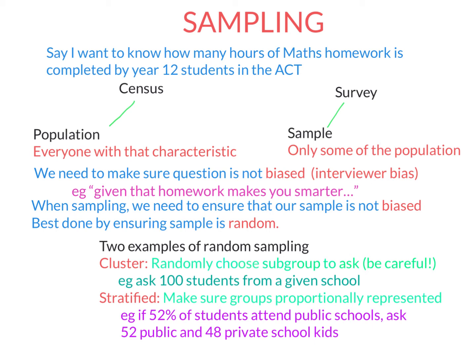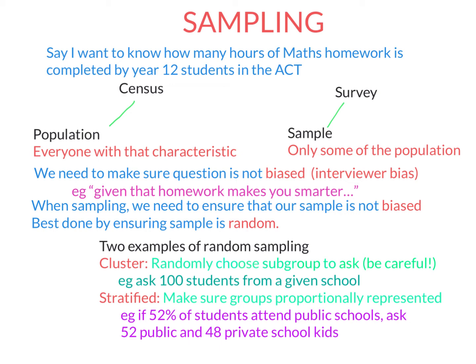So in order that I receive accurate information, I want to avoid bias. So I'm just going to mention two types of bias. The first is interviewer bias, where the interviewer does something to yield inaccurate results. For example, if I ask the question, given that homework makes you smarter, how many hours of maths homework do you complete? I'm encouraging respondents to overestimate the amount of time they spend on homework,